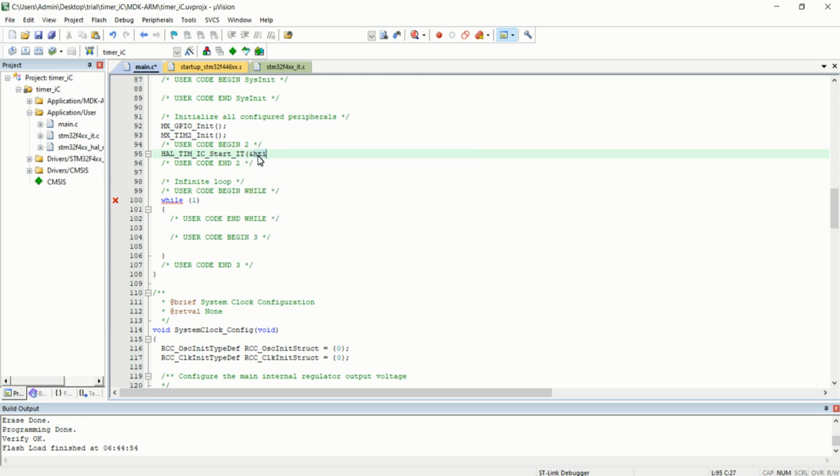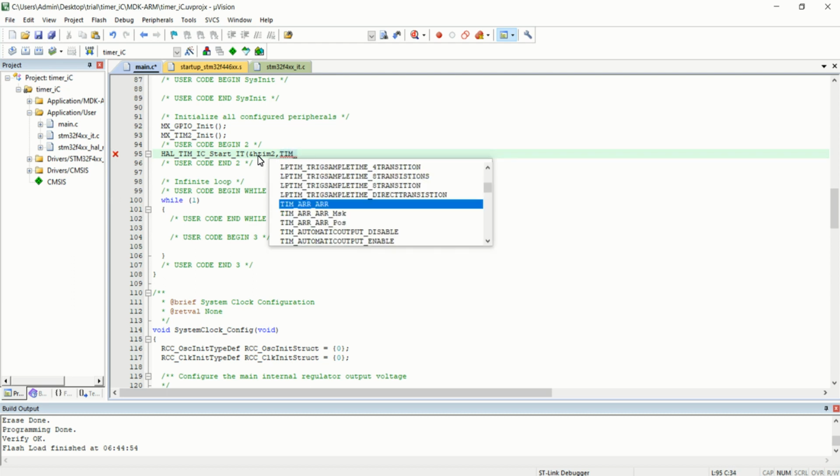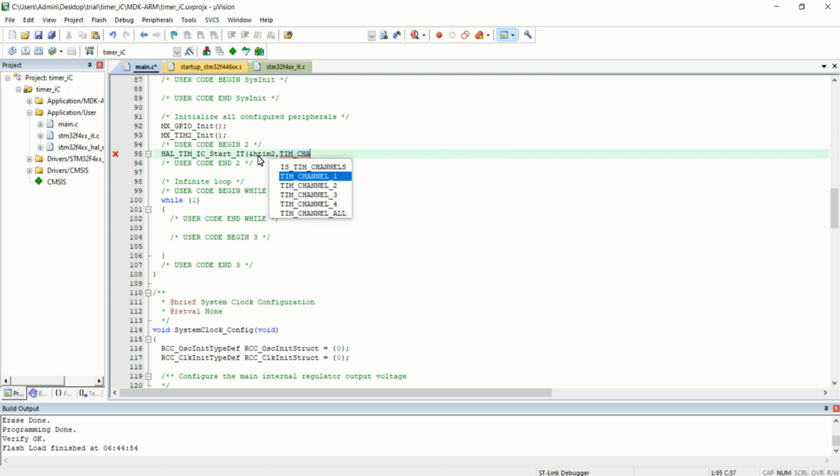First is the timer handle variable, ampersand of htim2, and the second variable is nothing but the channel that you are going to configure. As we configured timer 2 channel 1, just give TIM_CHANNEL_1. So this is the channel that we are configuring, and this function call will start the timer in input capture mode with interrupt for timer channel 1.